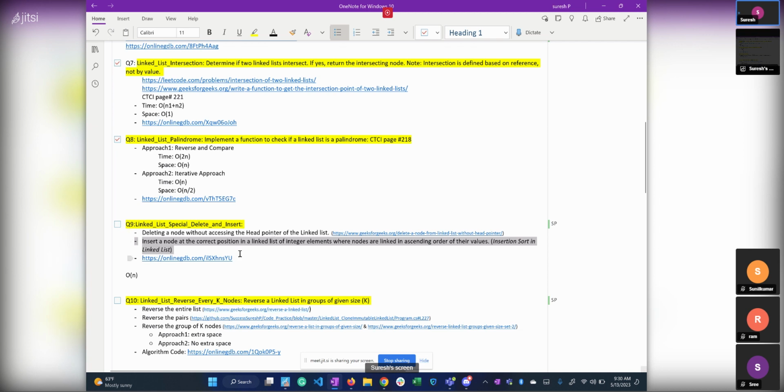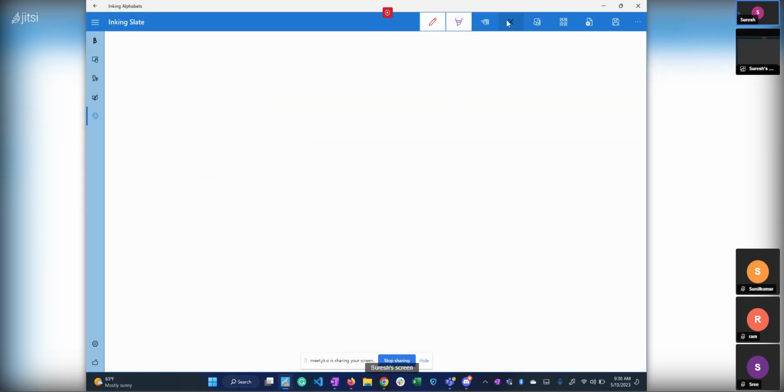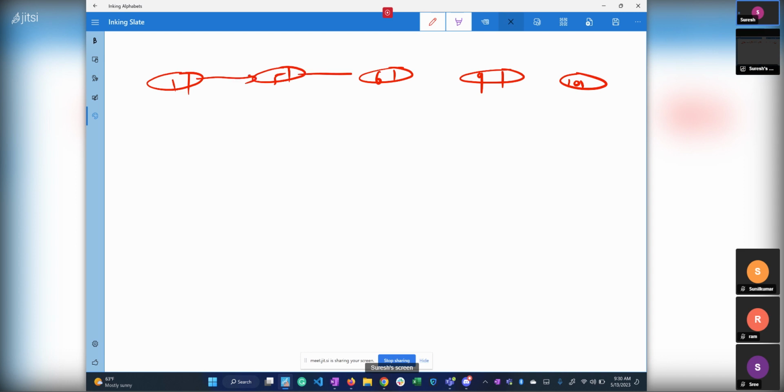What is meant by this is we have nodes in ascending order. Let's take the same elements. We have similar elements like this in ascending order. Let's say we have 1 here, 5 here, 6 here, 9 here, and 10. So these two are connected, these two are connected. Now if I am asking you, we have access to the address head, and the algorithm is like this: insert value